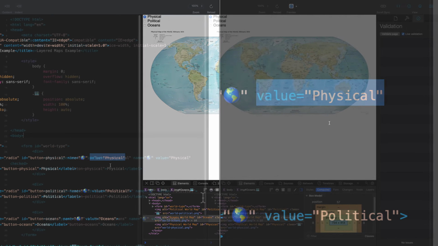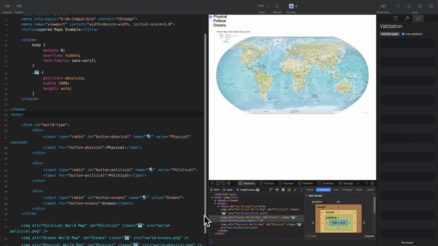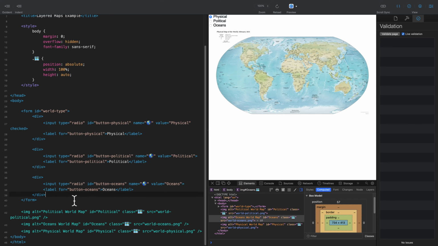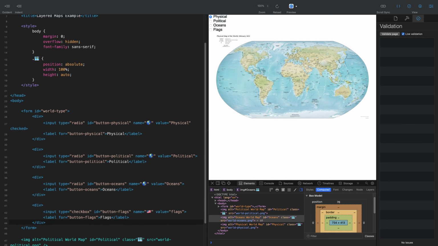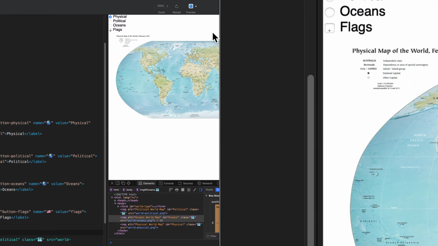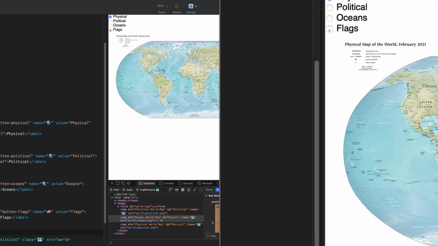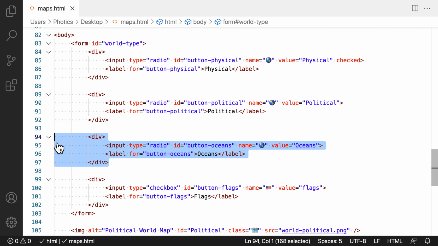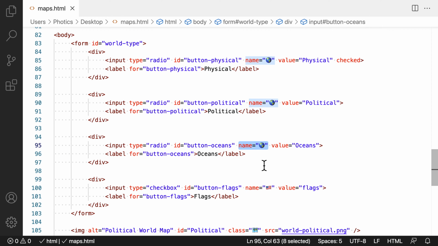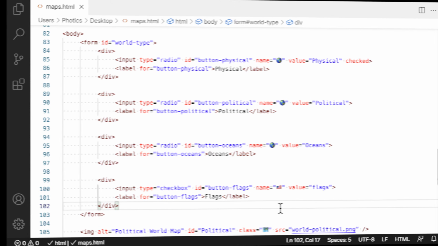This is where a little complexity is added to the project. Let's say it's not enough to show a single image. What if we want to display additional data on the map, like flags? So a 4th input is needed. However, this input is a checkbox. That's for toggling on and off the display of flags. Creating a radio button or a checkbox is very similar, but don't make it too similar. The checkbox needs a unique name. Since it's the flags button, I'm going to give it a flag emoji.